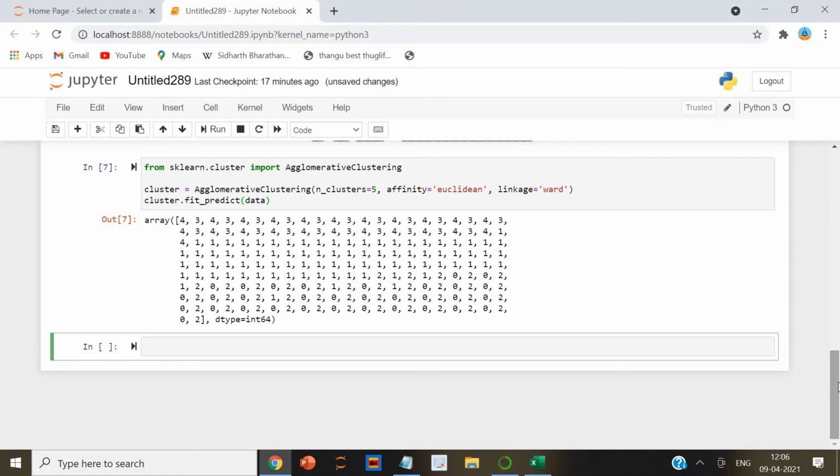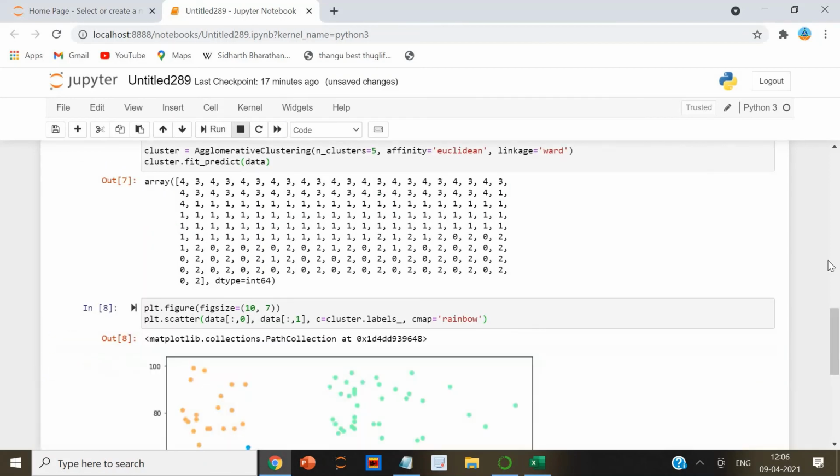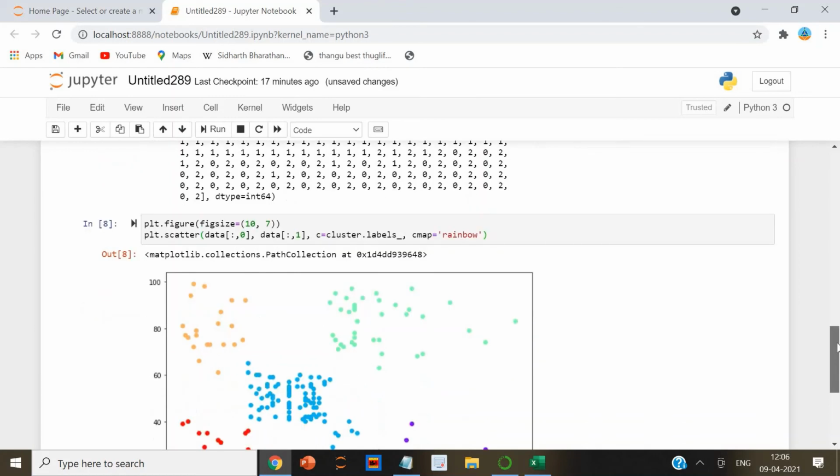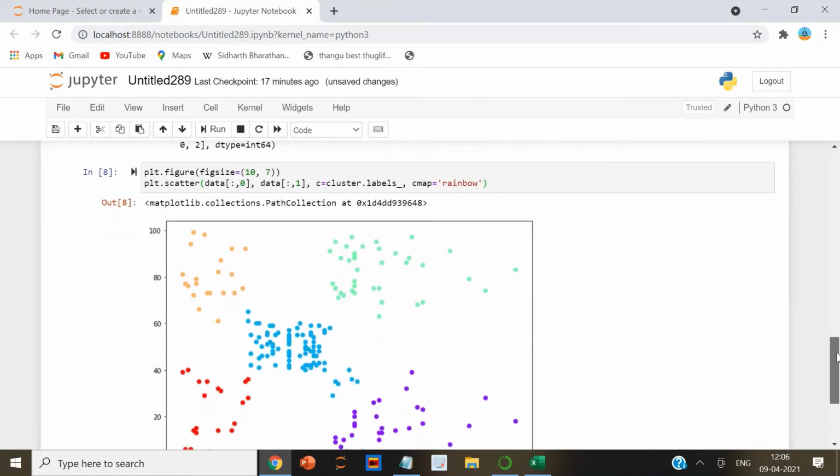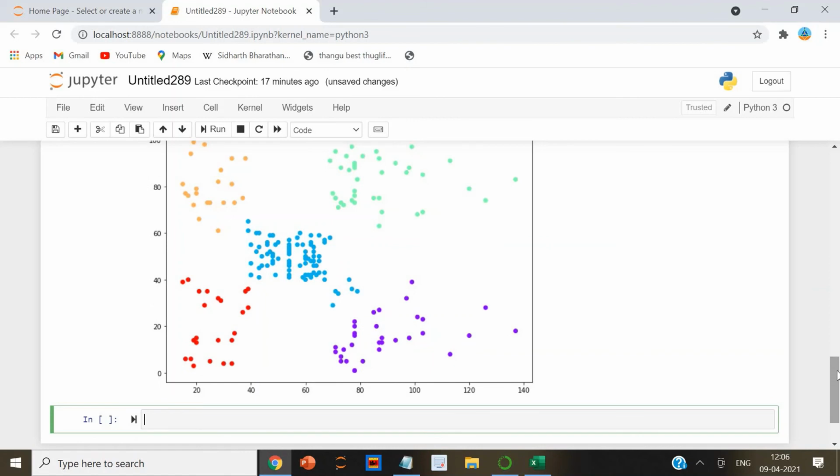As a final step, let's plot the clusters to see how our data has been clustered. The output of the code looks like this. You can see the data points in the form of 5 clusters.